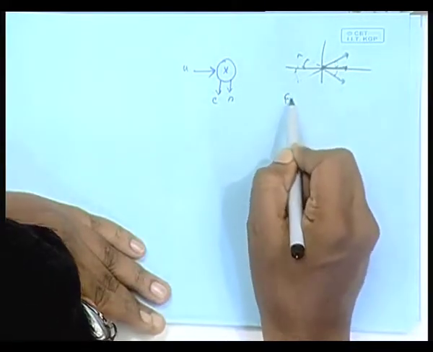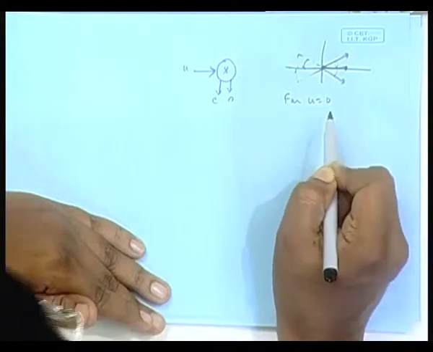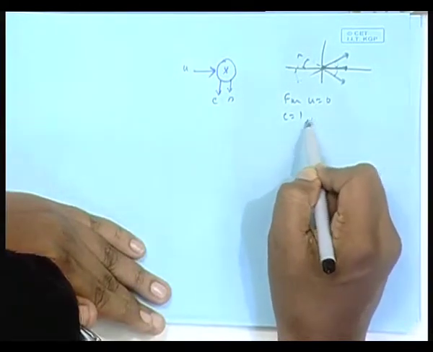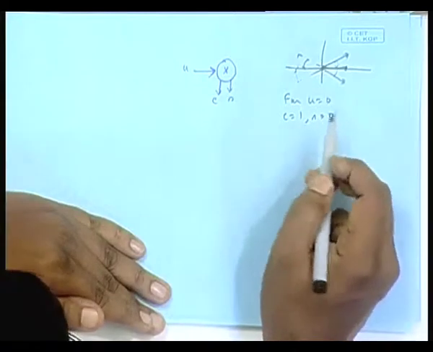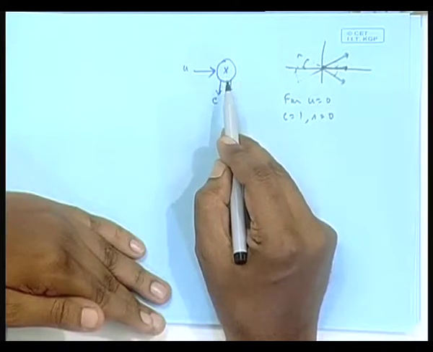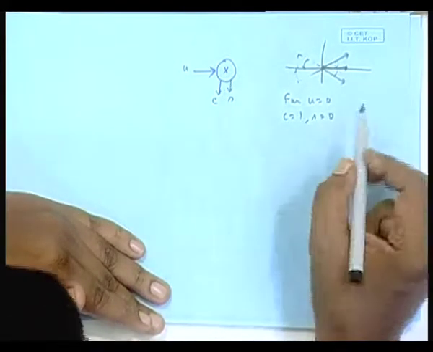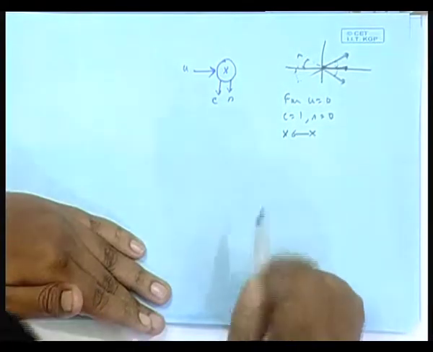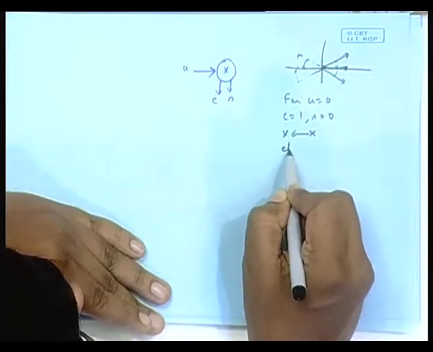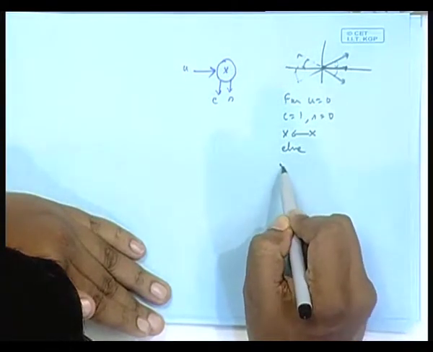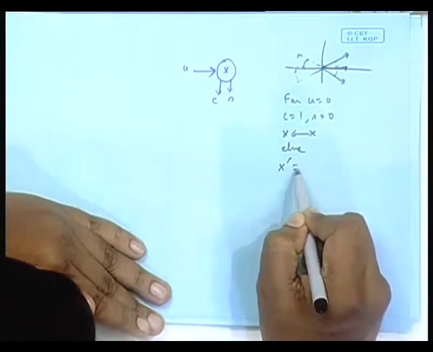That is why I said for u equal to 0, C is obviously 1, S is 0, and this x will be replaced by x itself. Okay, no need to do any rotation and all that. So, x goes to x. Okay, else, what happens? You find out x prime. X prime is,